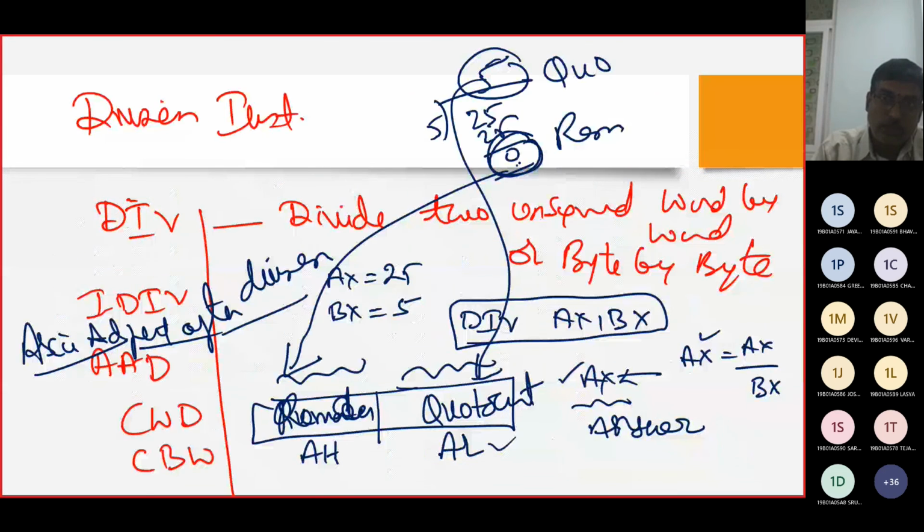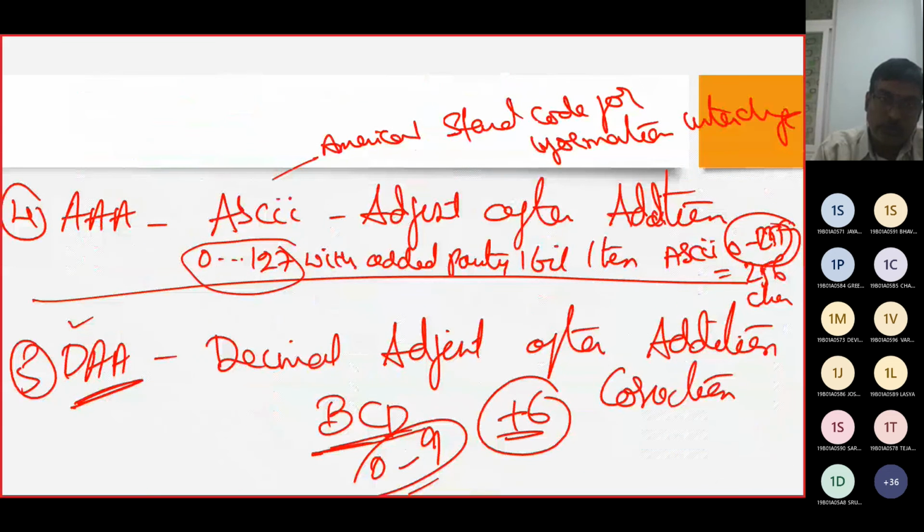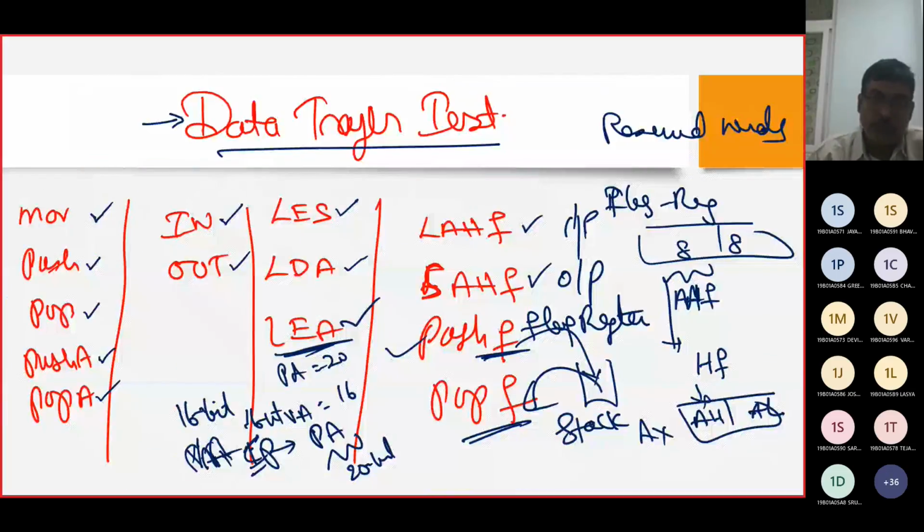Similarly, we have the holistic view of what we call the data transfer instructions. In data transfer instructions, we learned about move, pushing and popping to and from the stack, pushing the accumulator to and from the stack, then taking data from the input port and storing data to the output port. Similarly, working with the 20-bit address, converting to the logical address and physical address with the instruction pointer. All that deals with the effective addresses, and then to load the extra segment and the data segment, we have load extra segment and load data segment.